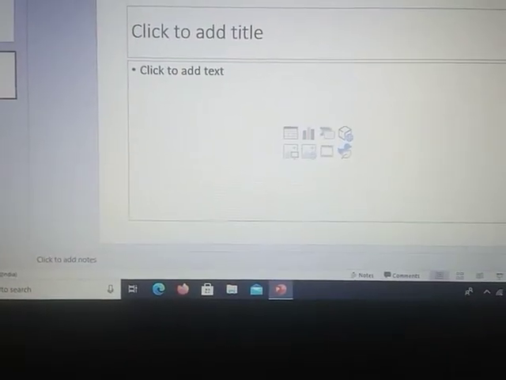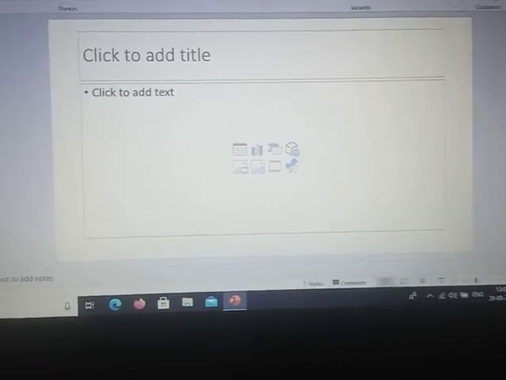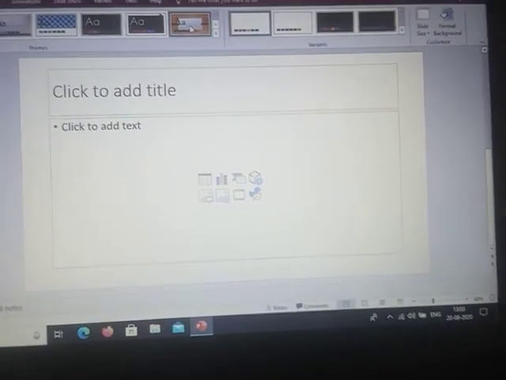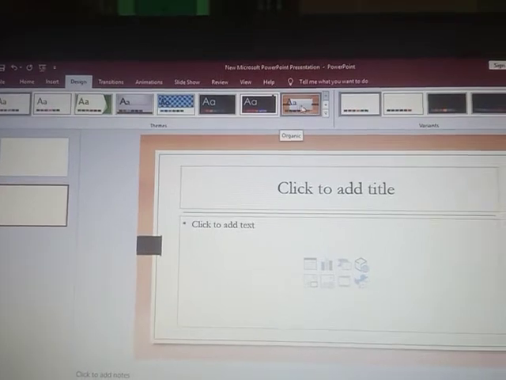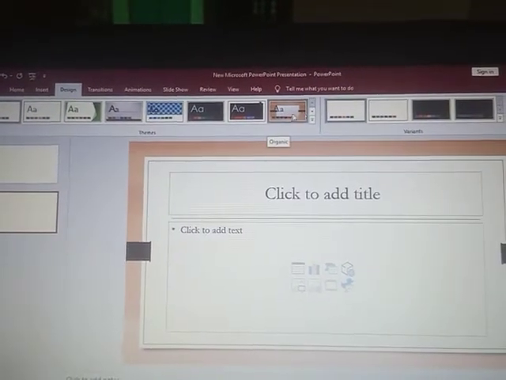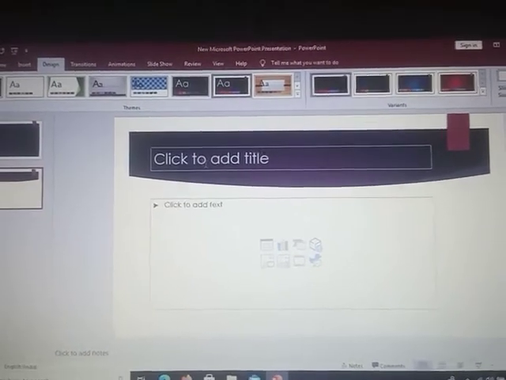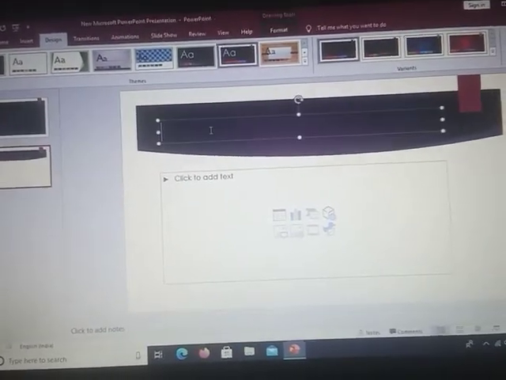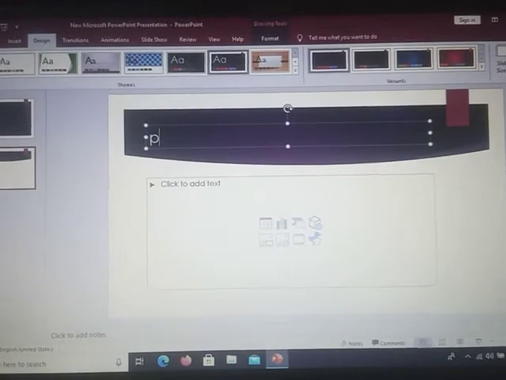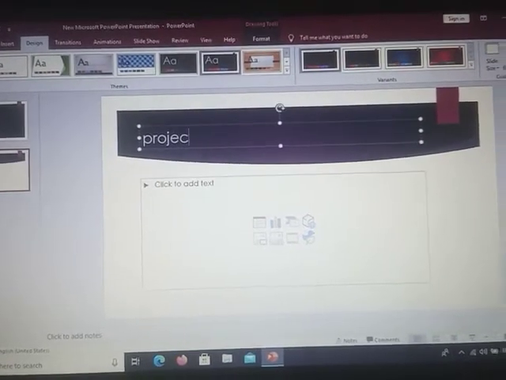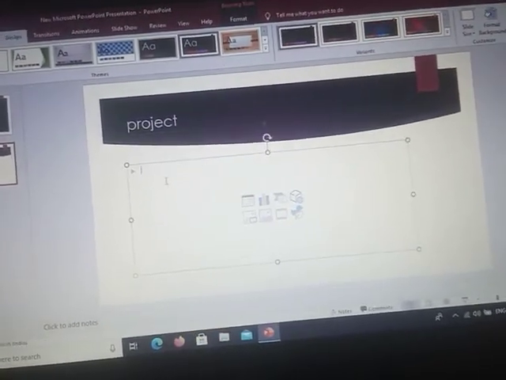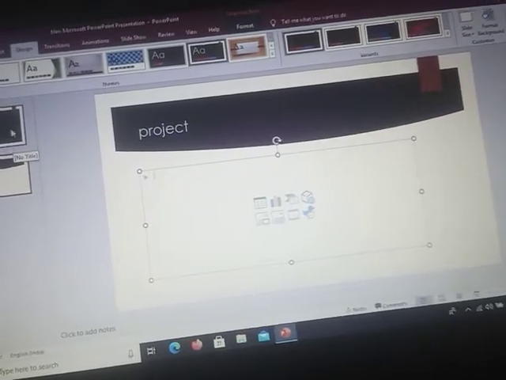Like if I want to insert any design, you can see the different shapes, different designs. I am selecting which one, that is coming on that side. Like I have selected that theme, I can add the title, like project, and then it is a fixed format for all the